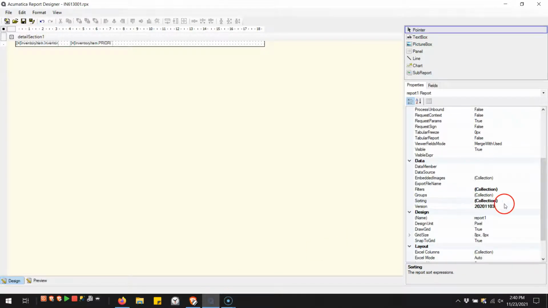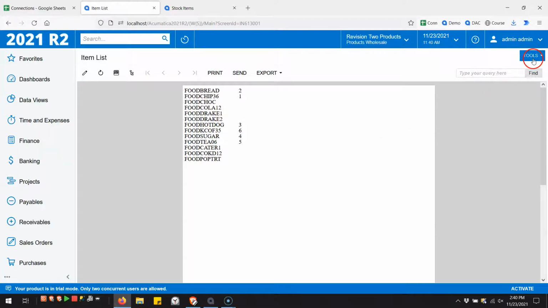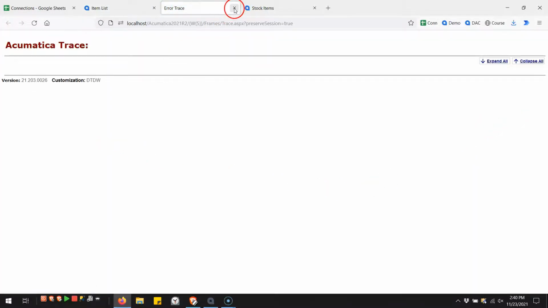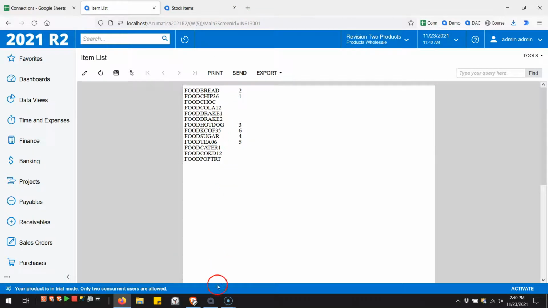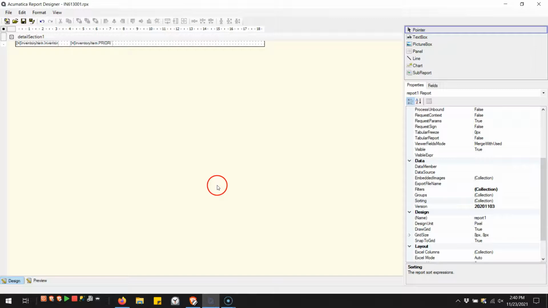And if I go back in here and I remove the sort, actually I won't do that yet. Let me show you something. So back on the report, we look at the trace. Looks like we don't get a trace on this, so that's not helpful. But if I go back and I remove this,